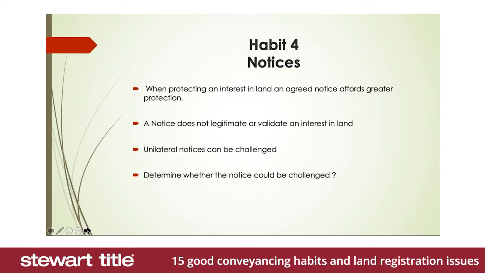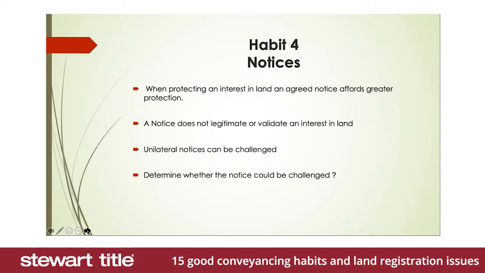Why were they surprised? They expected unilateral notices to be used sparingly and agreed notices to be the common way of protecting an interest in land. Why was that not the case? Because the Land Registry called an agreed notice by the wrong name. An agreed notice implies agreement. It implies that if I can't get agreement, or I can't be bothered, or circumstances are such that I don't want the proprietor to be asked if they agree to what I'm doing or not, then the default position must be I'll use a unilateral notice.